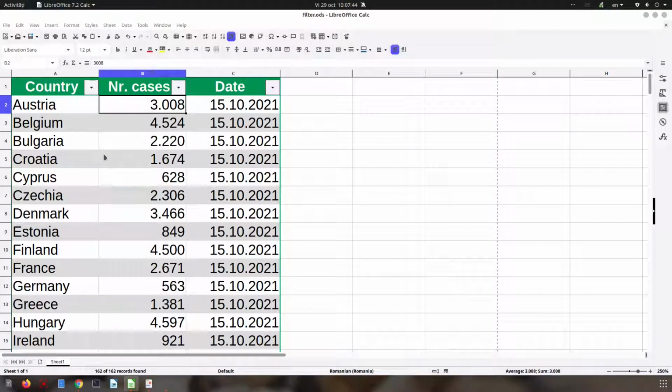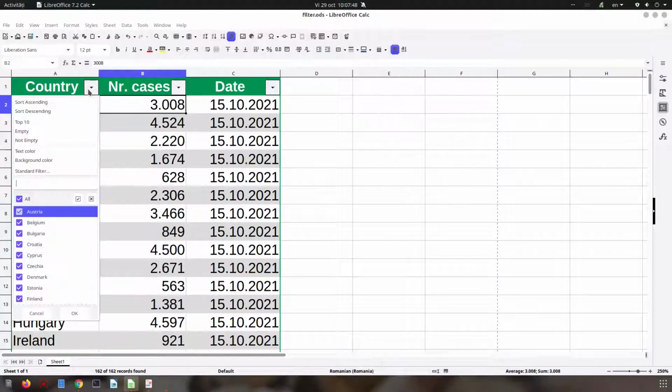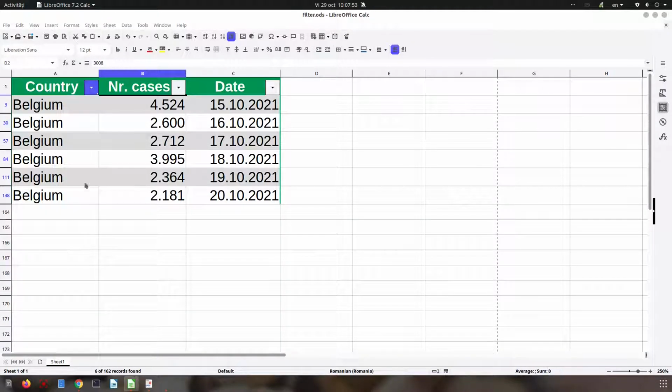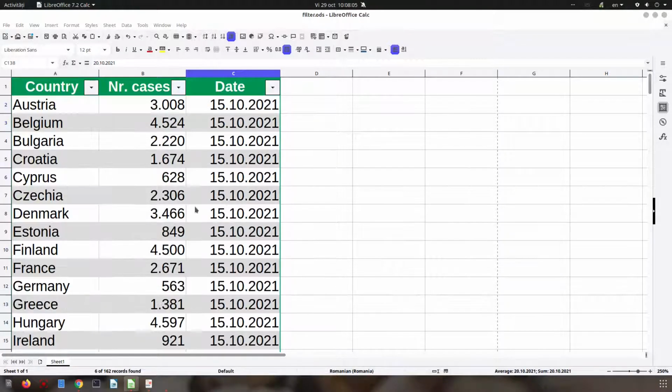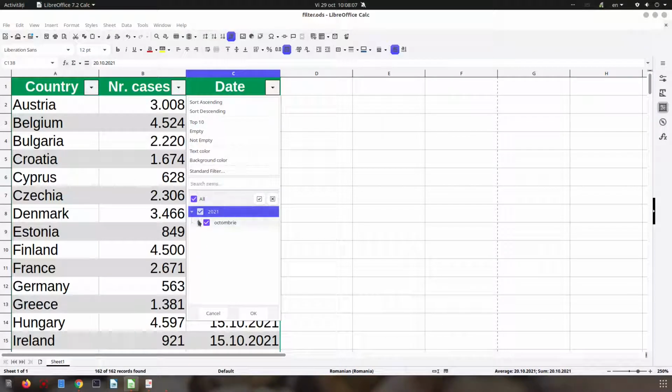You can see above these arrows. So we can check from here. Let's uncheck all. Let's check Belgium. We have only Belgium and all the cases by dates. We can filter more. Let's check here all the countries, and let's check, for example, I want only from 18,